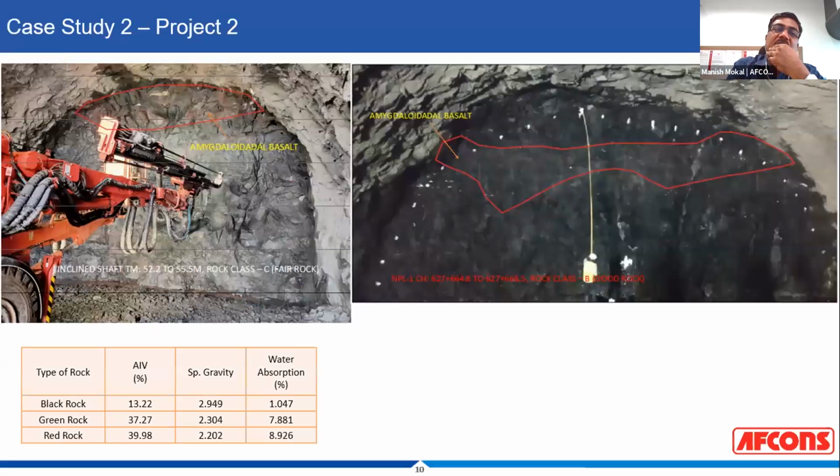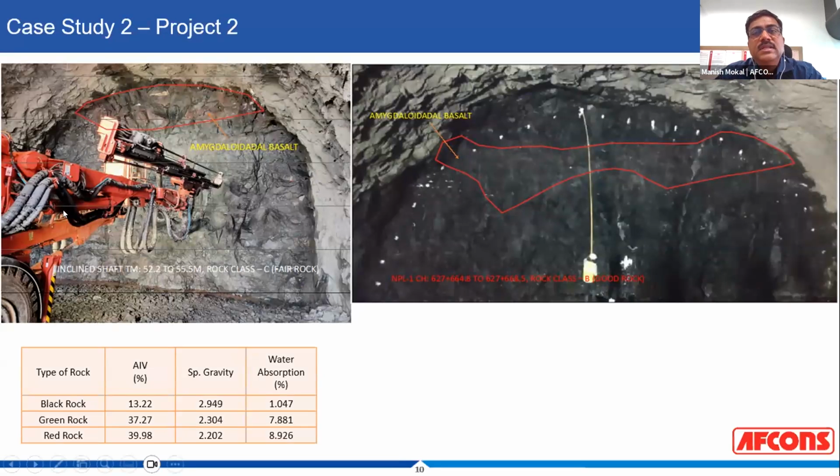Next, I will take a case study of another project, a road project, where we also had a tunnel in the project. And the muck material which was going to come from the tunnel was going to be used for production of the aggregate for concrete. Now, generally, basalt is a good aggregate. We get good